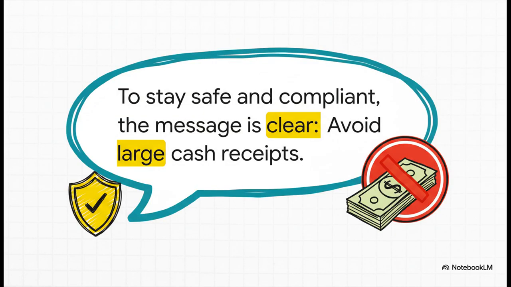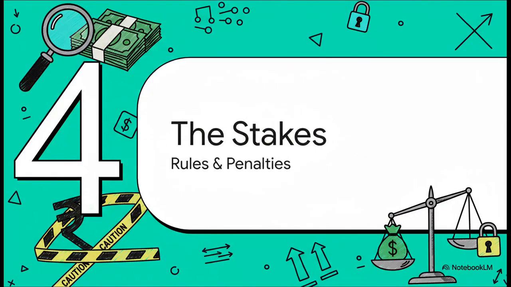So, what's the big takeaway for this rule? Again, it's super simple and direct. Just stay away from large cash receipts. Don't even go there. It's really the only surefire way to stay compliant. All right, we've gone over the new numbers and the new rules, but now let's talk about the stakes. Why does this all matter so much? Because even though the section numbers have been shuffled around, the government's tough stance on undocumented money hasn't softened one bit. Compliance here is not a suggestion.